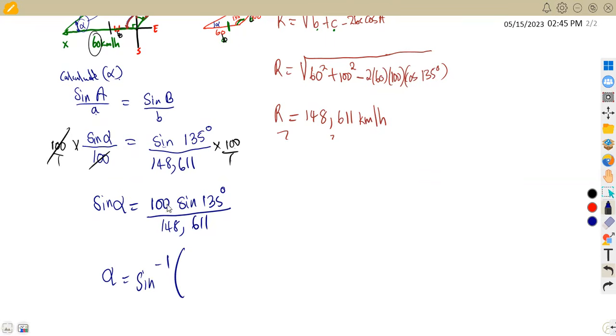So you just arc sine, you write everything as it is, plug in your values as they are on your calculator, 135 degrees, everything over 148,611. This is going to give us the angle alpha in this case. You can even write this as angle theta. It's just one and the same thing. It's a presentation. You can write this as beta, any presentation that you can use to represent an angle. So this is going to give us